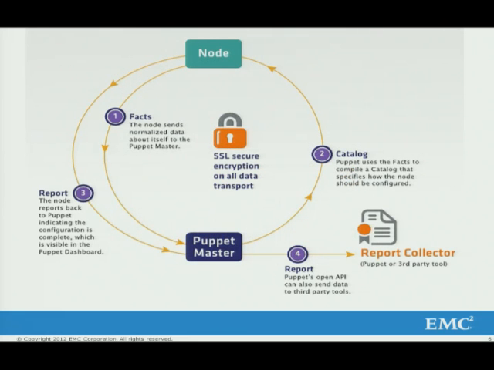So when we use Puppet to configure our applications out there in our full environment, the Puppet node will go out and ask the Puppet master. We got nodes, we got masters. The Puppet node will go out and ask the master, okay, so I got all these facts about me. I got an IP address that has a subnet mask of